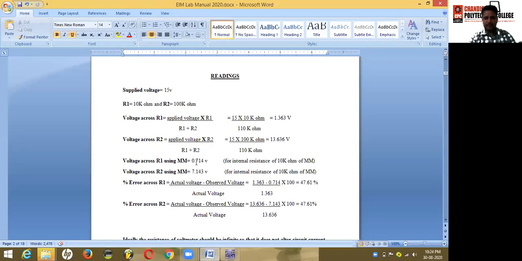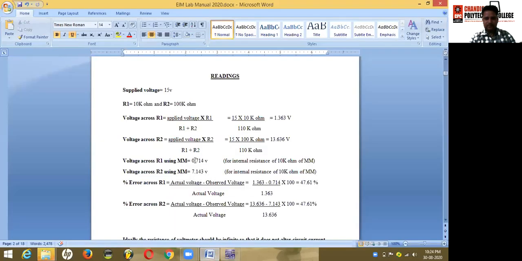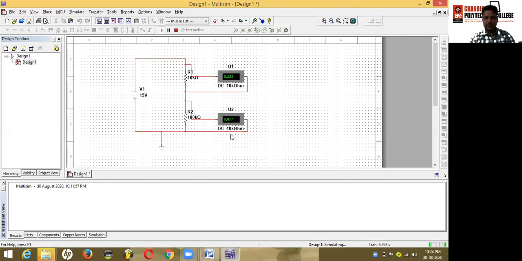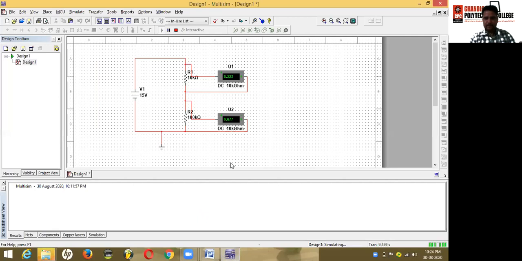You can write here the voltage across R1 is 5.323, and voltage across R2 is 9.677. 9.677 is the voltage across R2 when you are measuring it with voltmeter or multimeter.